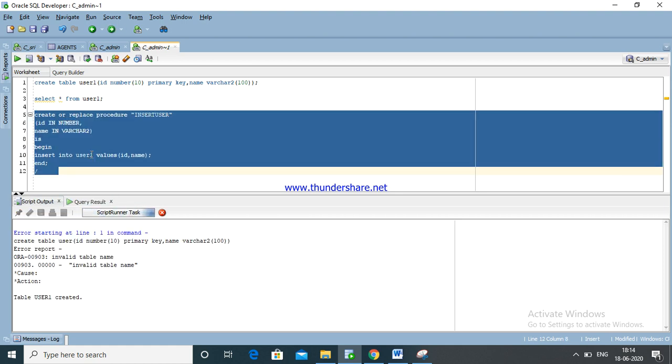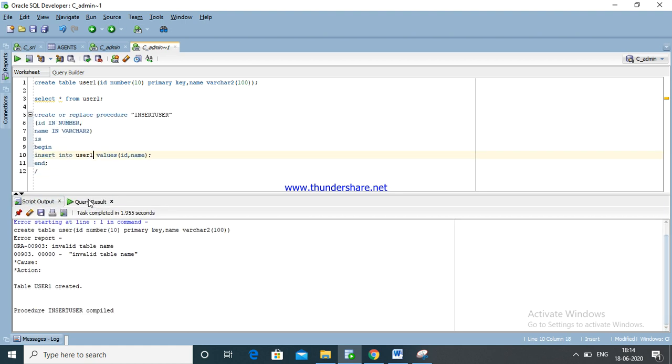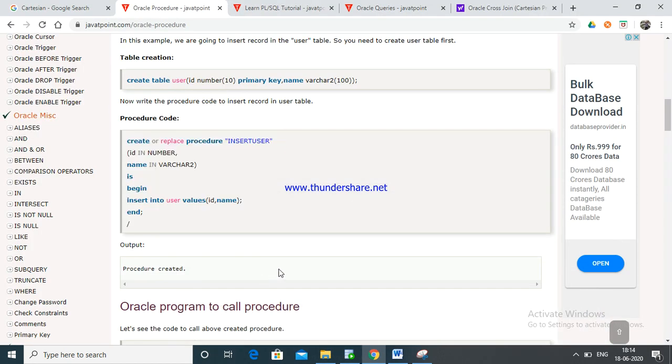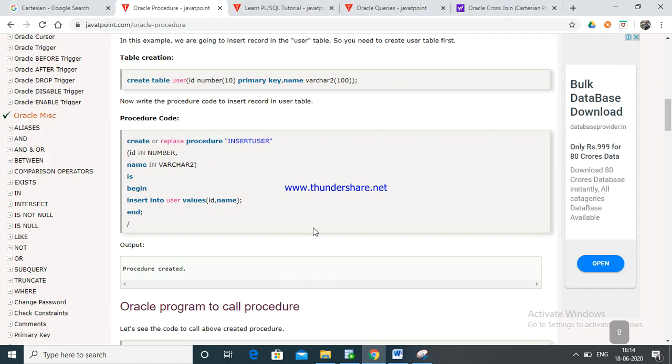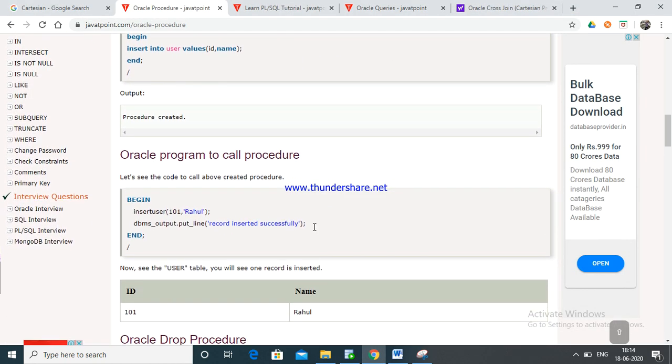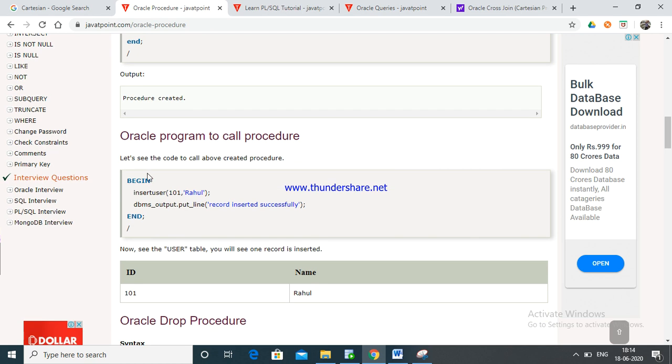Click enter. The insert procedure is compiled. Okay, the procedure is created. See here in the screenshot, the procedure is compiled. It's showing compiled.